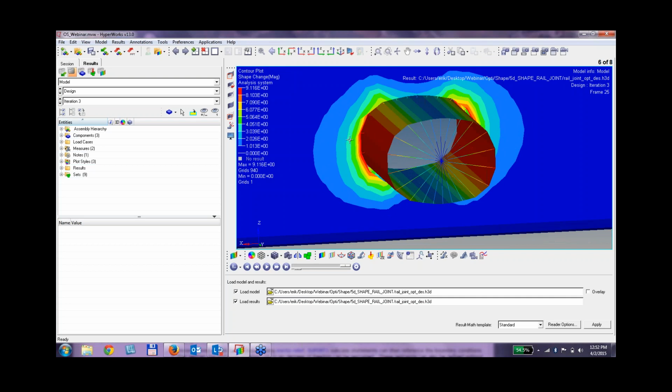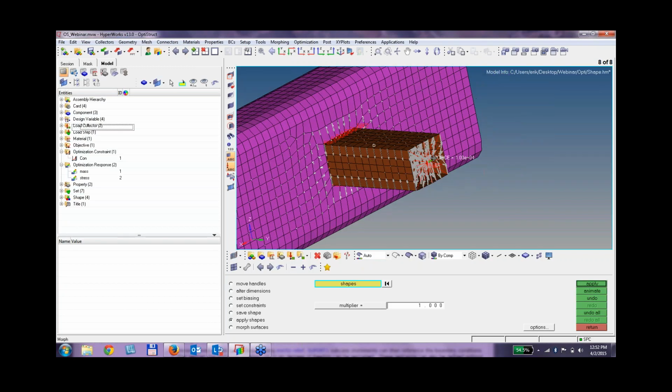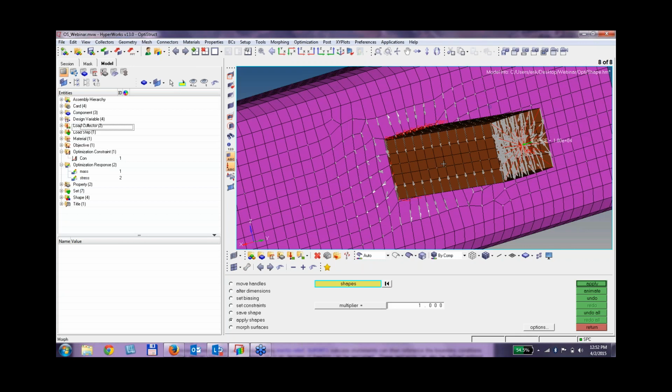So in this case, the element quality didn't deteriorate. We still have very good quality elements, and morphing does a very good job of moving the nodes without distorting the elements. But we do have, and this is definitely some more advanced morphing stuff, so I'll show you what we have the capability of doing. But just be aware that,